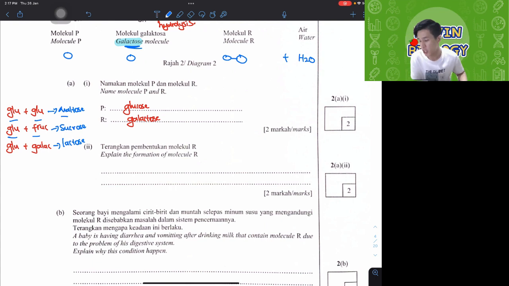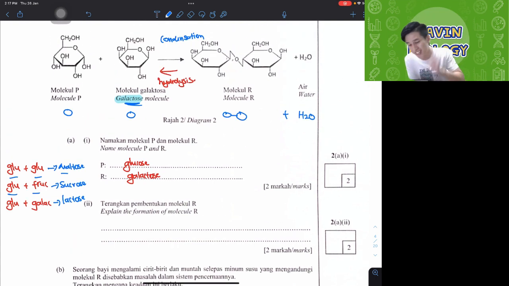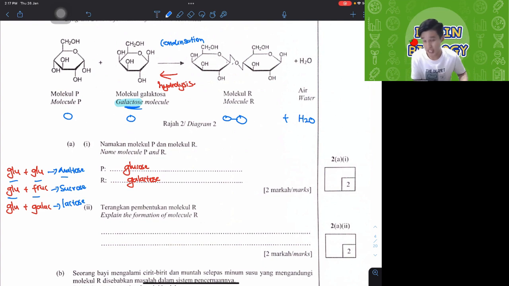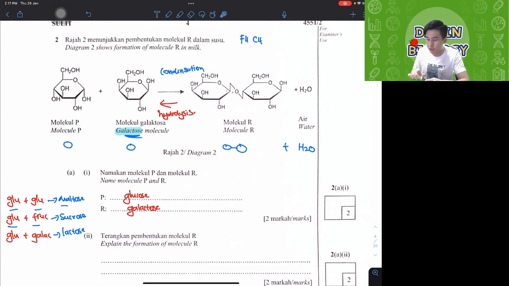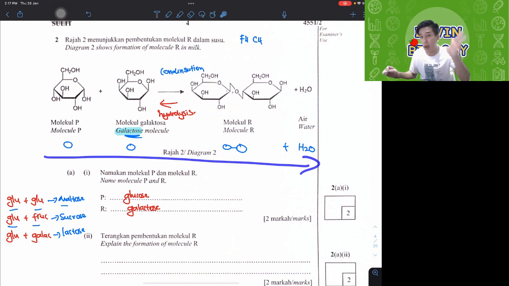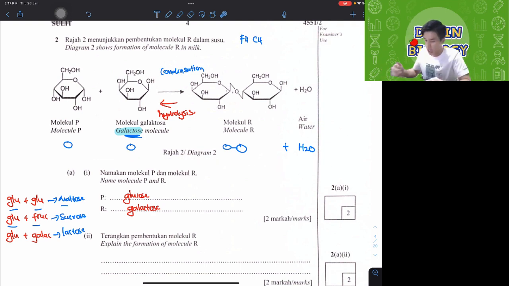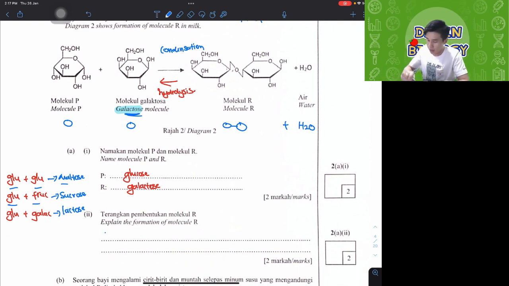Next, explain the formation of molecule R. So they asked us to explain the condensation process. If you mention condensation, you get 1 mark. But of course you have to explain a bit. How do you explain condensation? You just follow the equation only. Just follow 1 plus 1 equals 2 plus water. So you can just say